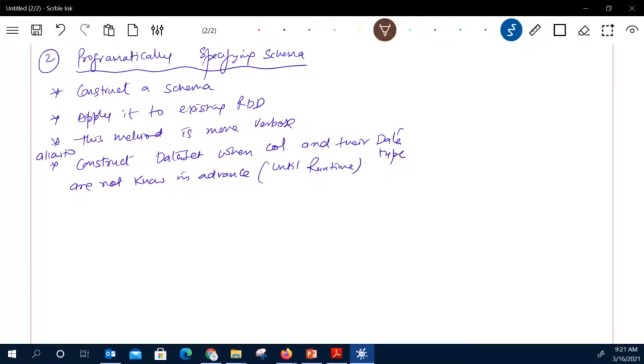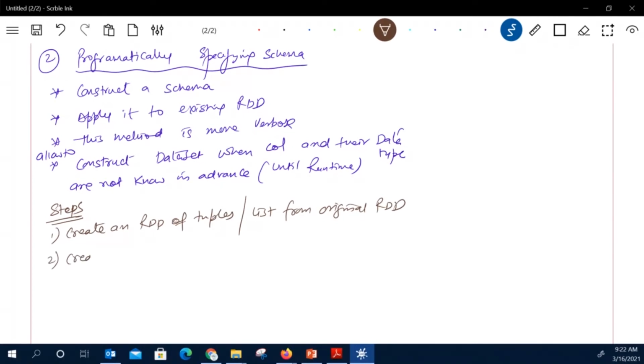Now there are some steps which will help us in creating this. What are the different steps for creating the data frame with a programmatically specified schema? First we create an RDD of tuples, or a list, from the original RDD.